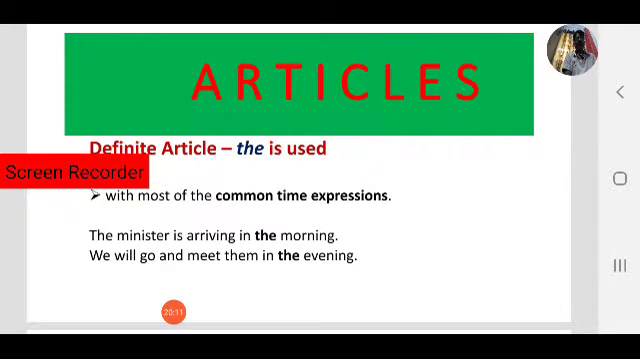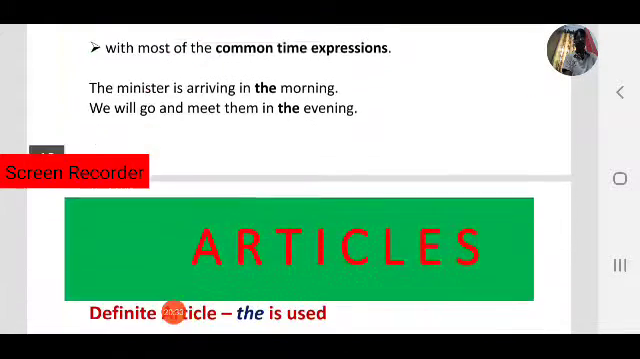The minister is arriving in the morning. We'll go and meet them in the evening. The morning, the evening. These are common time expressions. Before common time expressions, we use the. Next one,